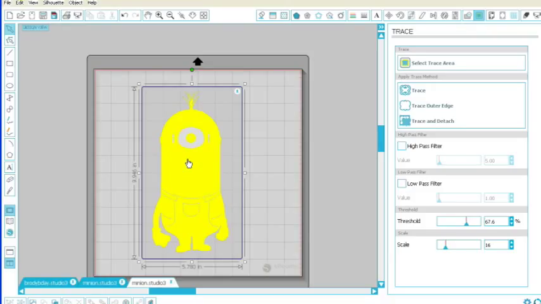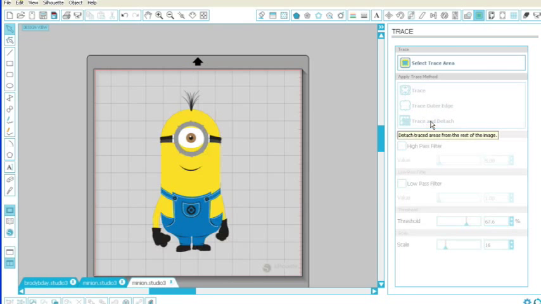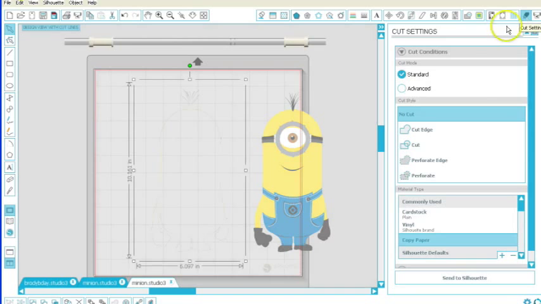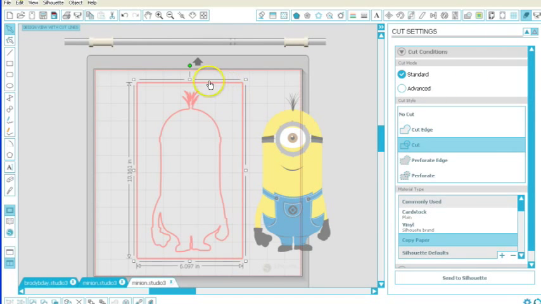Now the next thing that I would do, or what I used to do, is I would go over to here, because I don't want all this white or this area here. I just want the minion. I would go up and click the trace and detach. But as you can see, when I do that now, this is what I get. And if I went to the cut window and clicked on cut, I have this little border around here, and I don't want that,